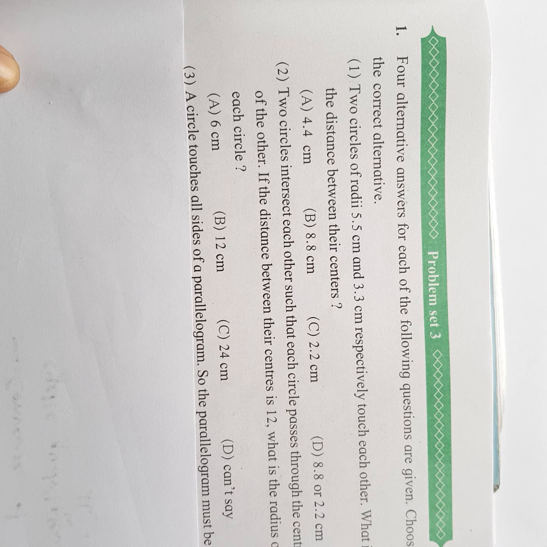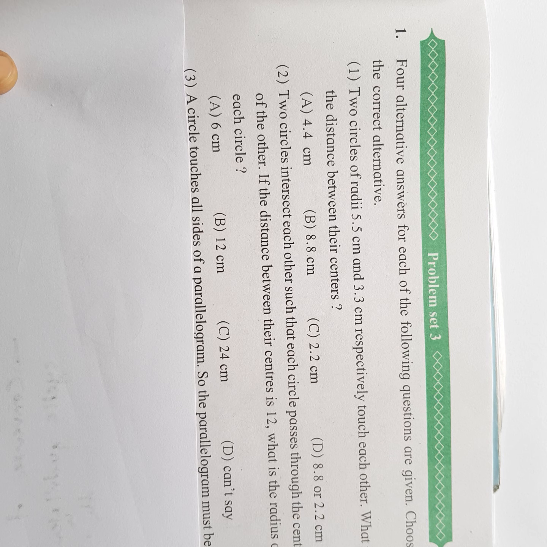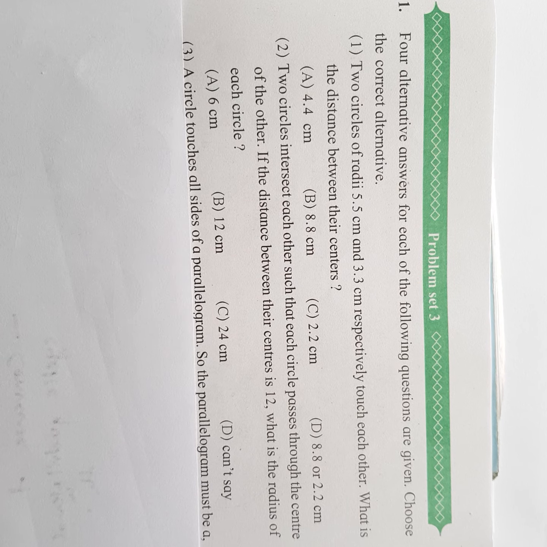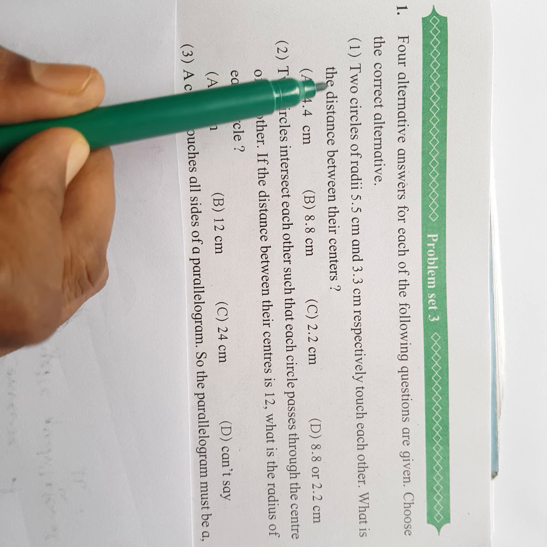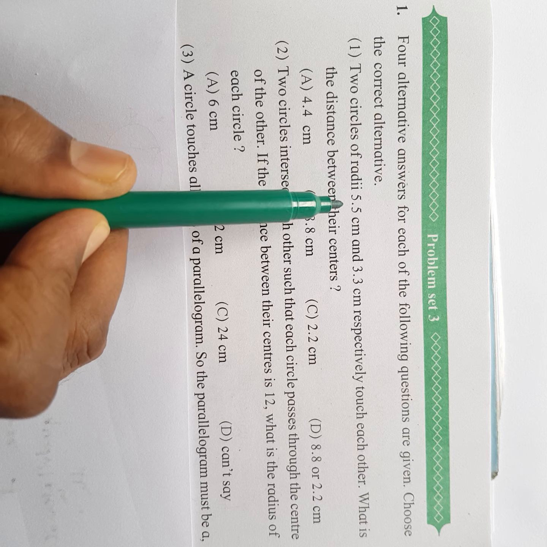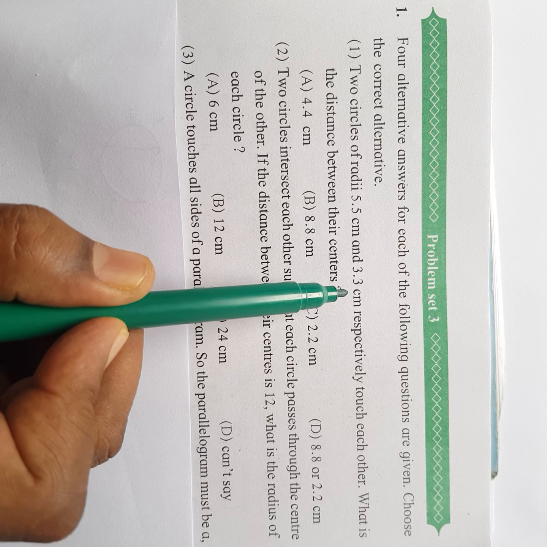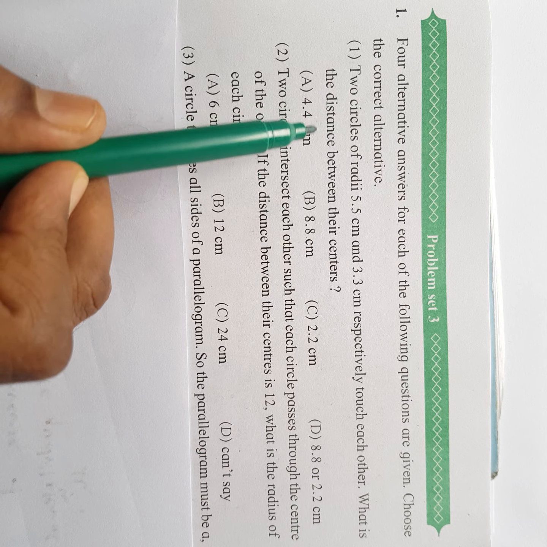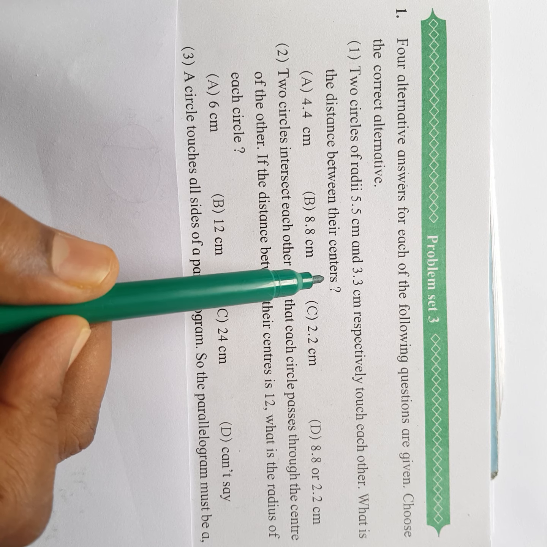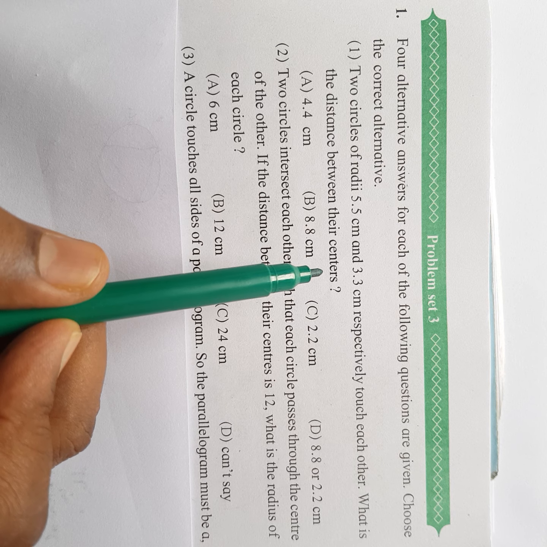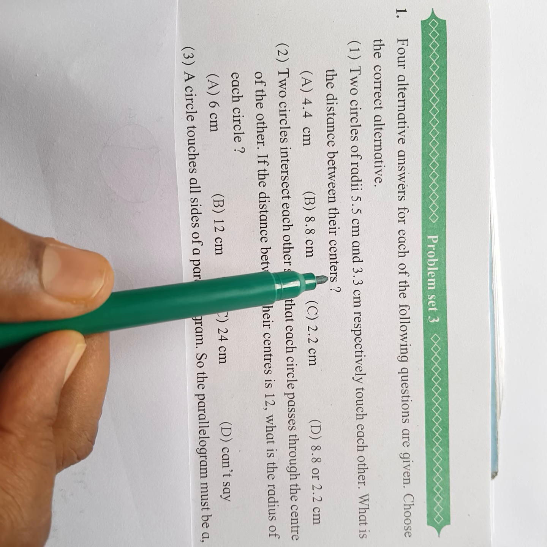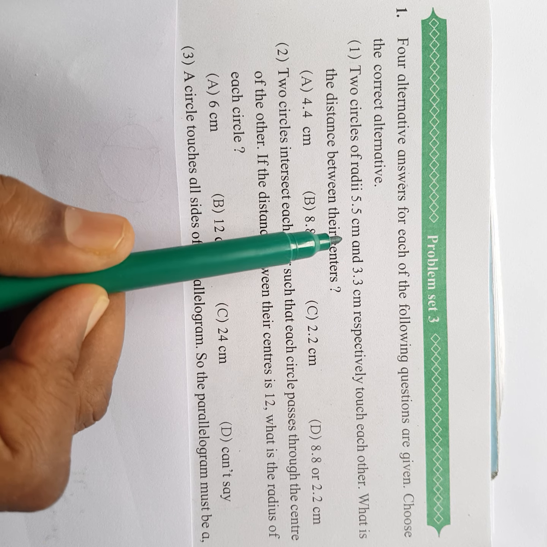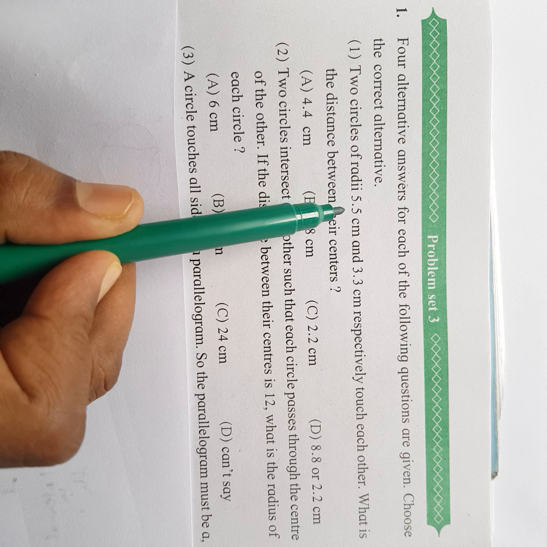See here, the first question has four alternatives given and we have to choose the correct alternative, that is, an MCQ. First example: two circles of radii 5.5 centimeter and 3.3 centimeter respectively touch each other. What is the distance between their centers? Here it is not given whether they are internally touching or externally touching circles. So if they are internally touching, then the distance between the centers will be